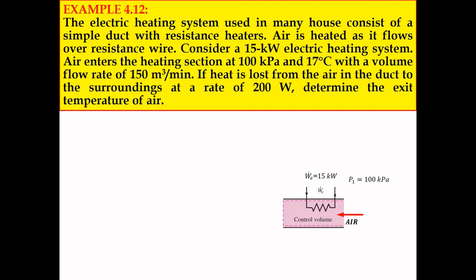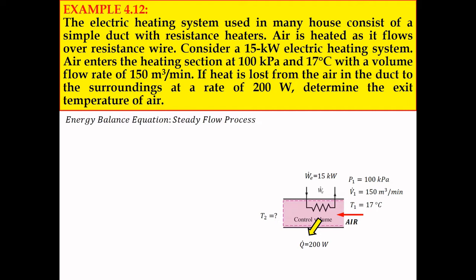And the inlet conditions: pressure P1 equal to 100 kilopascal, T1 equal to 17 degrees Celsius, and the volume flow rate V1 dot equal to 150 meter cubic per minute. During the process, we have a rate of heat loss to the surrounding, Q dot equal to 200 watt, where this value refers to the rate of heat released to the surrounding through the pipe wall. And we need to determine the temperature of the air at the outlet of the piping system after the heating